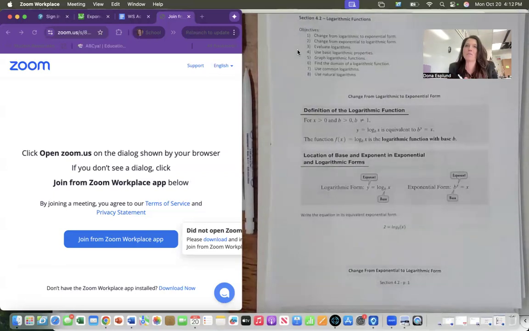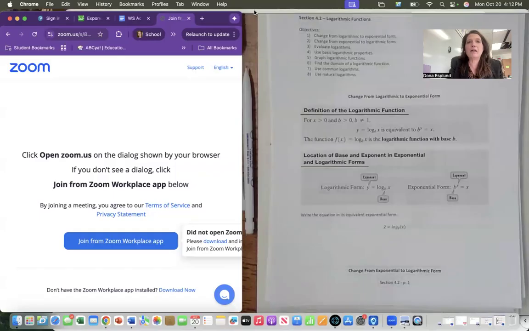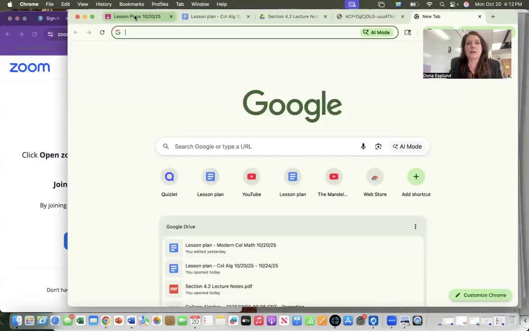Today we're going to go over 4.2, which is our logarithmic functions. When we do this, I want to start with a review of 4.1, which is our exponential functions, because they are tied together like crazy. So what I'd like you to do is